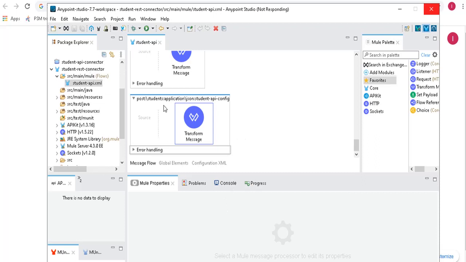I'll deploy it into Cloud Hub so that we will get that Cloud Hub URL. We can replace that into our RAML. So that is the motto. Okay. So I'll deploy this into Cloud Hub, and then I will resume the video. Until the application is deployed, I'll pause the video.